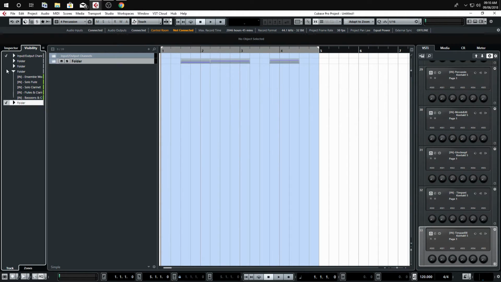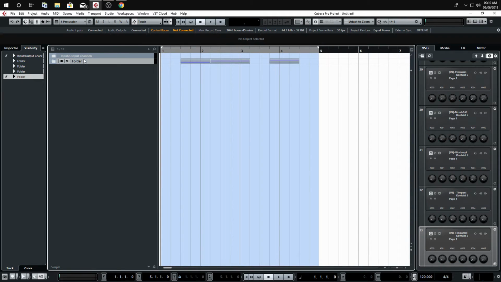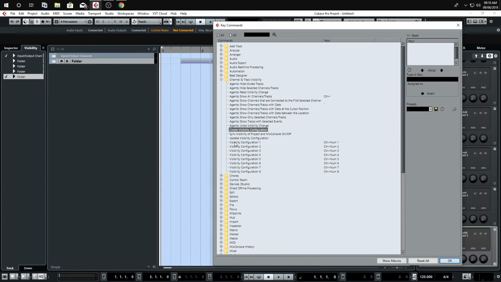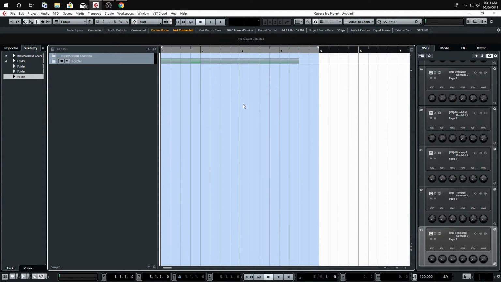Once you've added these in, what I'd advise doing is going to your key commands. What you need to set up is visibility configurations, and then you need to assign these to whatever key command you want. I've got it as control, and then using the numpad to switch through the different visibility configurations. You can have up to 8, and then what this will let you do, once you've got it set, is if I press control and 1,